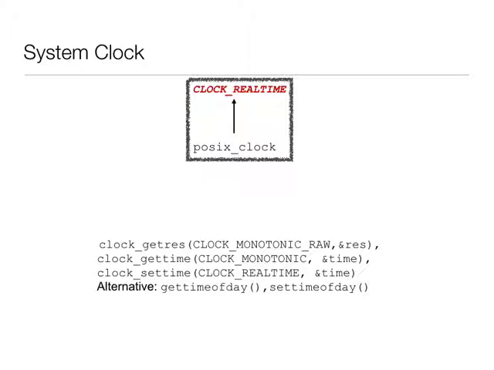Get resolution of the clock. Resolution is the width of the tick. For example, if it's a 1 megahertz clock, the frequency is 1 megahertz. 1 over 1 megahertz is 1 microsecond. So the resolution for that clock is 1 microsecond. It's the width of one tick, yeah. Does that also return you